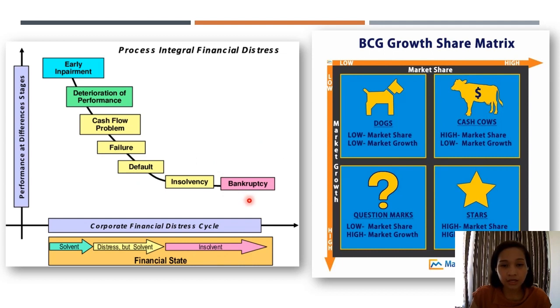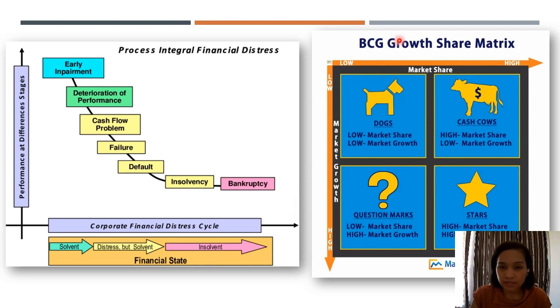And this is something that every corporate and every financial staff in the corporate needs to always train or exercise with, because this is financial distress. The financial state of corporate financial distress, coming from solvent, is quite normal. The medium part is distress but solvent, and the hardest part is when it is insolvent. So that's why this part must always be exercised, especially in top level management.